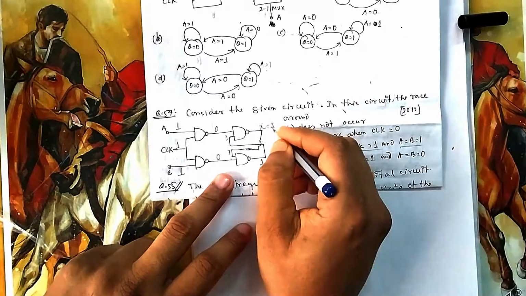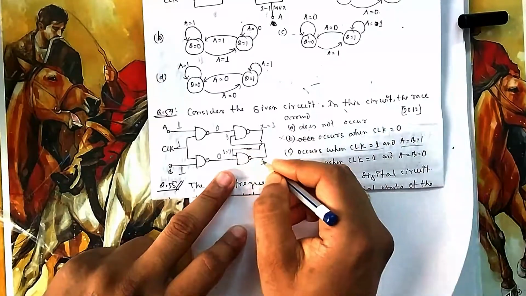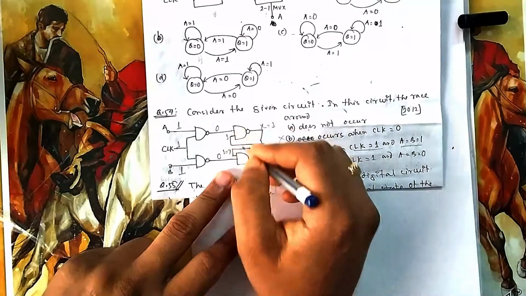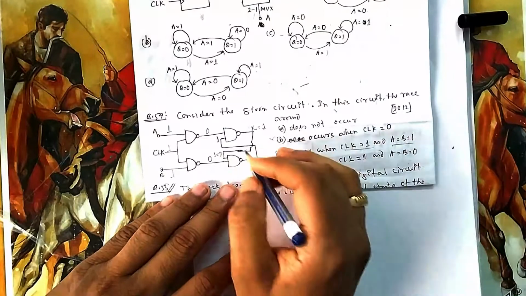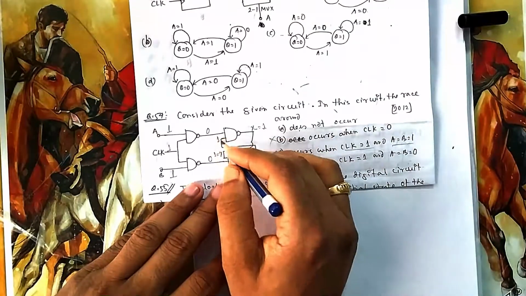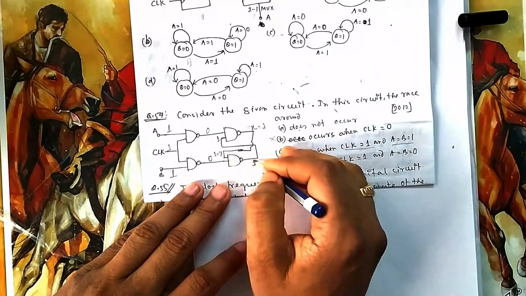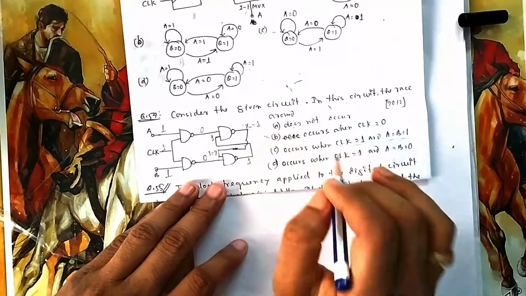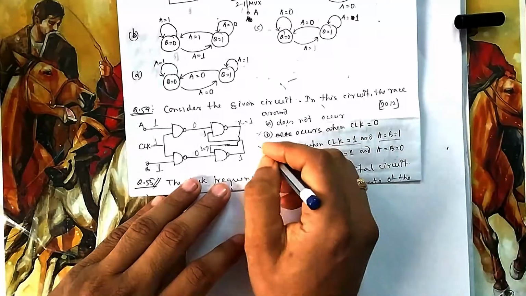So if it is 1, is there any problem? Let's come back again. 1 into 0 is 0, 0 bubble is 1. So both will be 1. No issue. Both will be 1, because that doesn't tell you that it should be bar. So it will hold its state. It will be 0, 1, 0, 1 and these two will be 1, 1. So 1 will come here, 1, 0 it will be 1. 1 will go there, 1, 0 it will be 1. So it will hold its state like this. So again race around condition does not occur. So C is also gone.